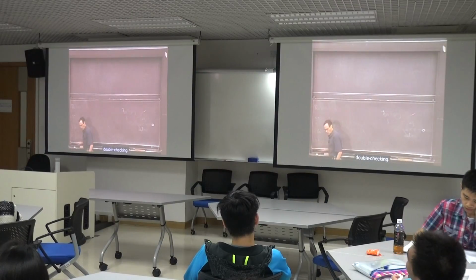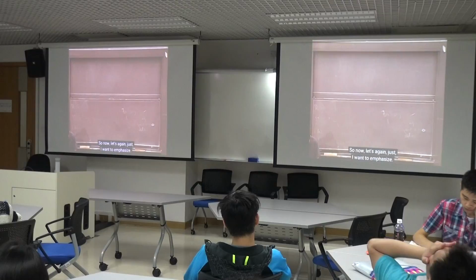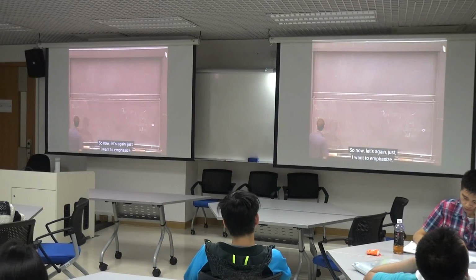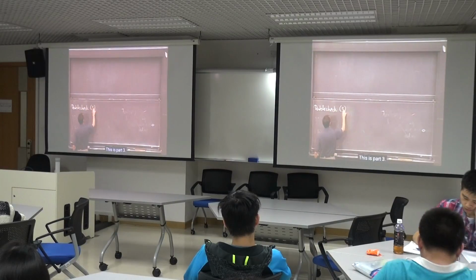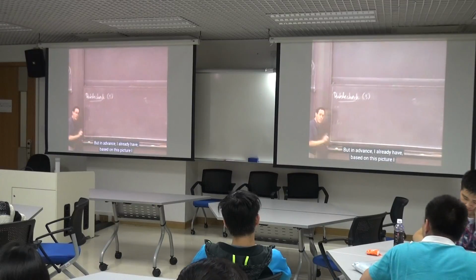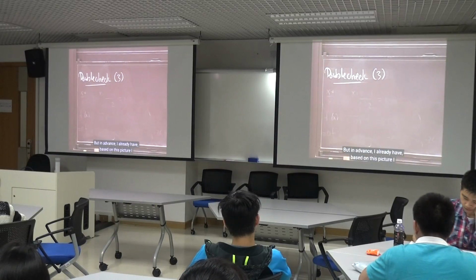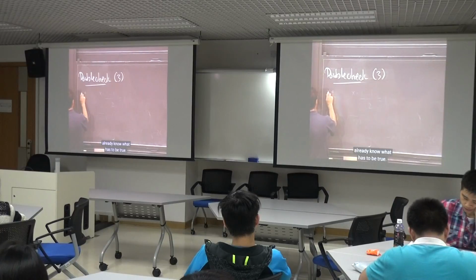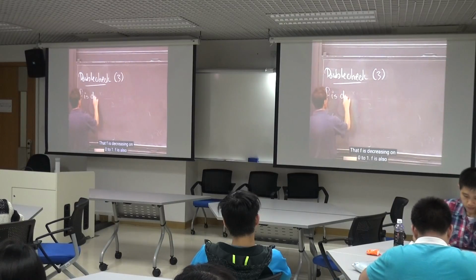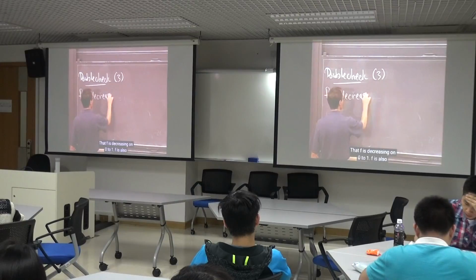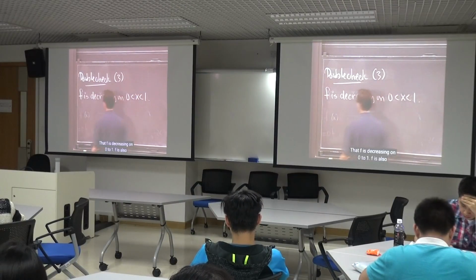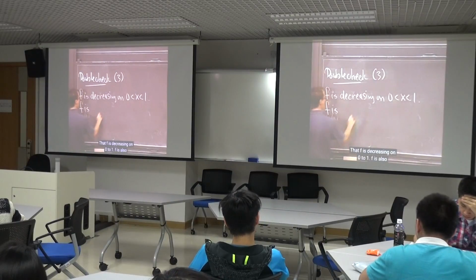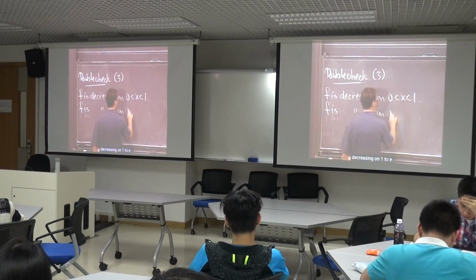You have to be very sensitive now to understand this. Again, I want to emphasize, we're going to do a double check. This is part 3, but in advance, based on this picture, I already know what has to be true. F is decreasing on 0 to 1. F is also decreasing on 1 to e,